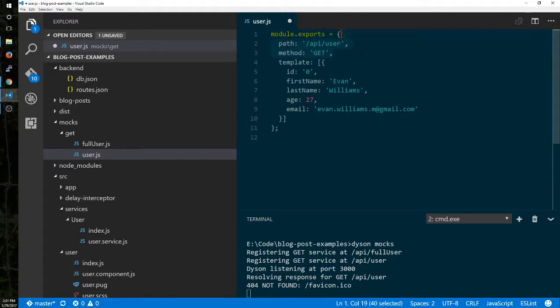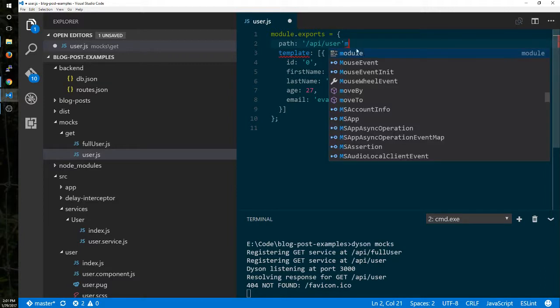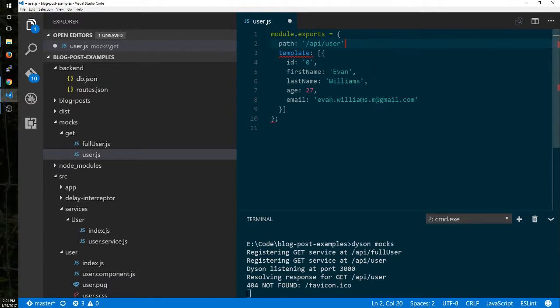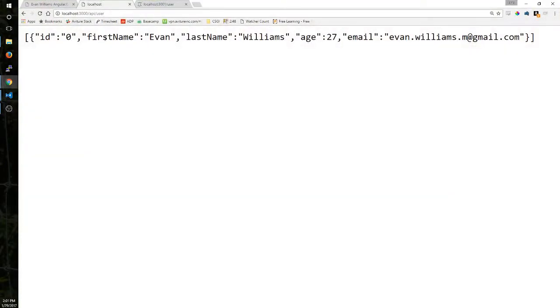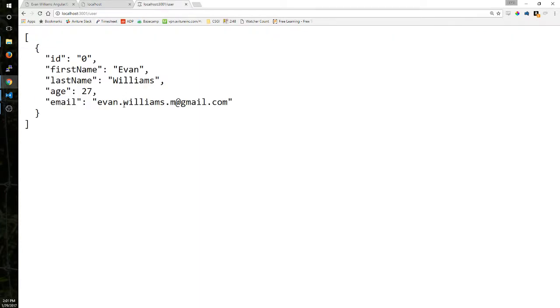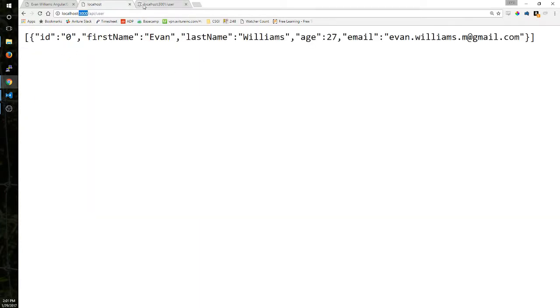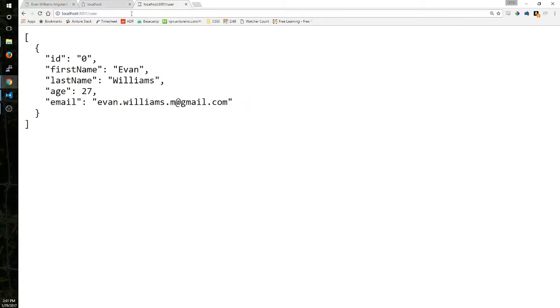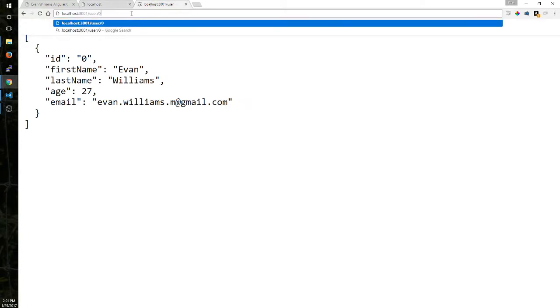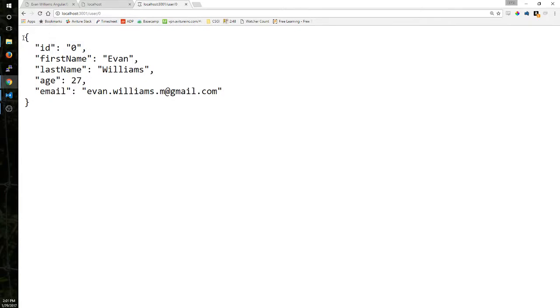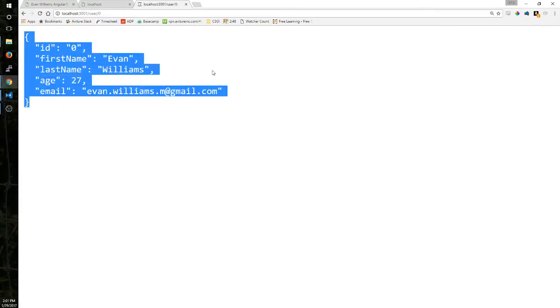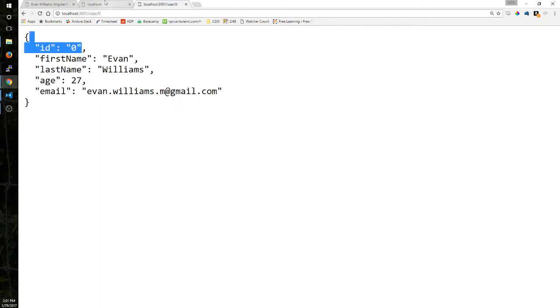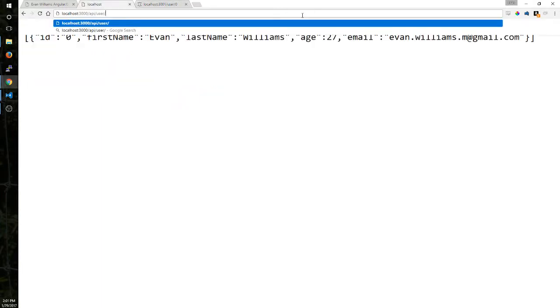All right, so moving forward, one other feature of JSON Server is the ability to actually request a specific ID. So here you can see the mocked server running at port 3000, as well as the actual server running at port 3001. You see that the responses are the same. Here with JSON Server, it follows REST. So if I pass it an ID, it'll grab me that object. So you see the collection notation dropped off and it returned just the object representing the 0th item in that collection. So in order to mock that same behavior, as you can see it doesn't work,